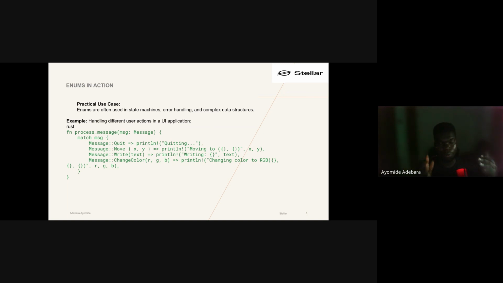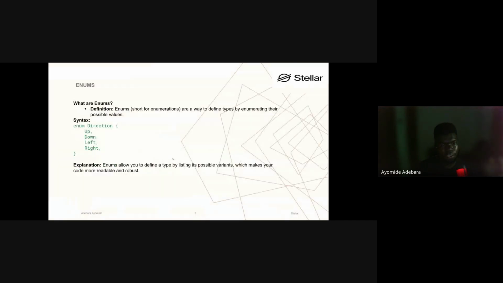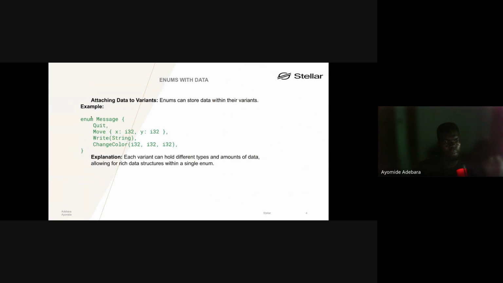With respect to what I've just said, it means that, for example, this message enum has 4 different cases it can ever be. It is either quitting, moving, writing, or changing color, based on these 4 variants that are here. And so the matching matches this based on the inputs and the 4 scenarios that could ever happen here. So it's a very good thing that enums and the match pattern go hand in hand, because the match pattern basically takes in things that have a complete